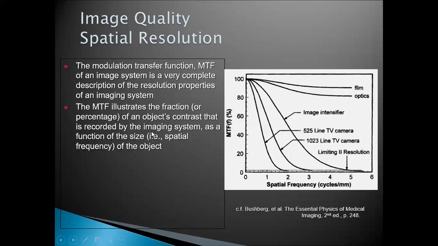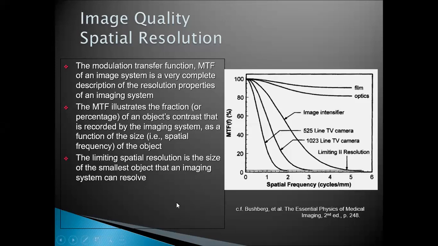Okay. So the MTF illustrates the fraction of object contrast that is represented by the imaging system as a function of the size of the object. The limiting spatial resolution is the size of the smallest object that an imaging system can resolve. Like this, for example, the size of the smallest object is that which corresponds to a spatial frequency of 2